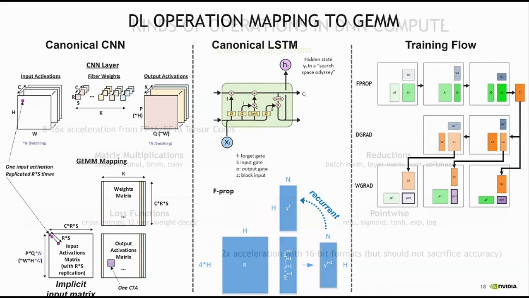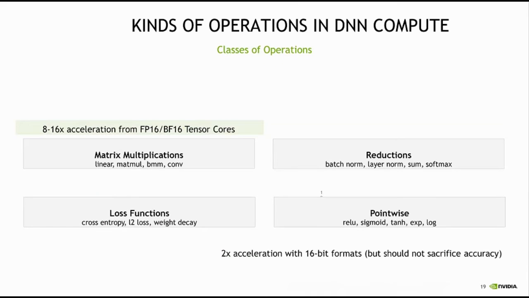Now, if I had to look at all these different operations and bucketize them into their appropriate sections, what would they look like? There are essentially going to be four different groups of functions that are present in most neural networks, starting with the matrix multiplications: the linear layer, the convolution layer, the self attention layer, or the batched matrix multiplication layer. All of those are basically matrix multiplications, and this is where most of the acceleration essentially comes from.